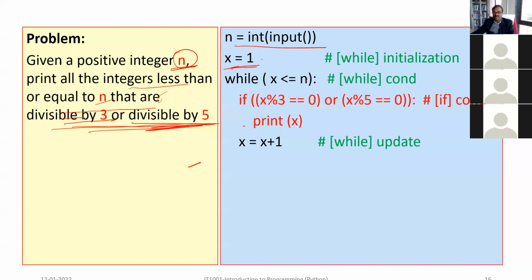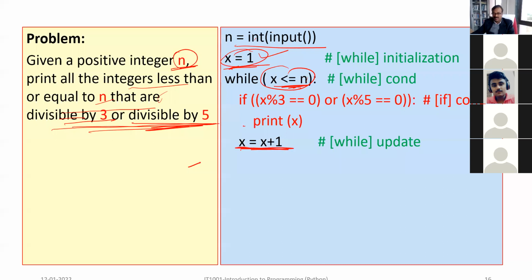And now you start with this loop initialization where you set x equal to 1 and you are going to increment x, right? Till the point when x becomes equal to n. So you are starting with the x value x equal to 1 and you will go up to x equal to n, and therefore you are going to have this update step where you are going to increment x by the next number, right? So that you can iterate over all those numbers, you can go through all those numbers from 1 to n,